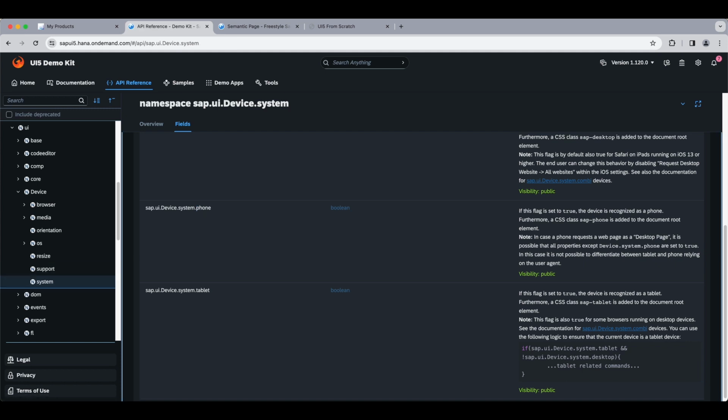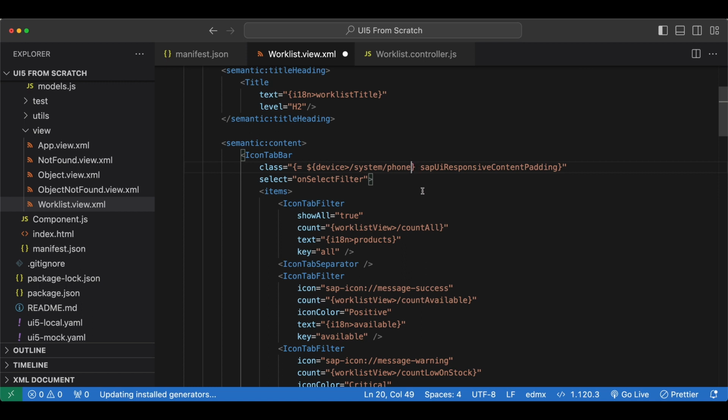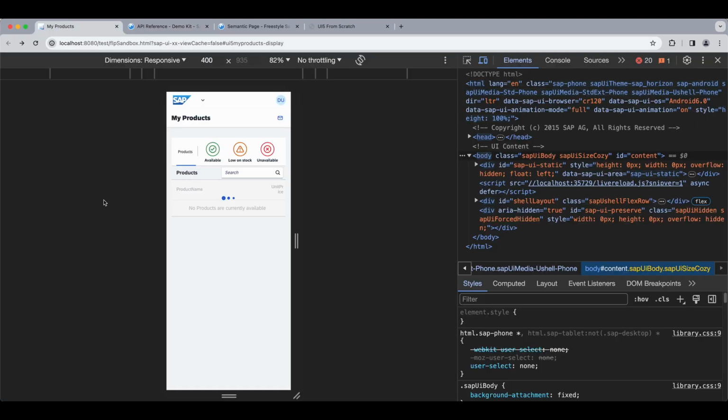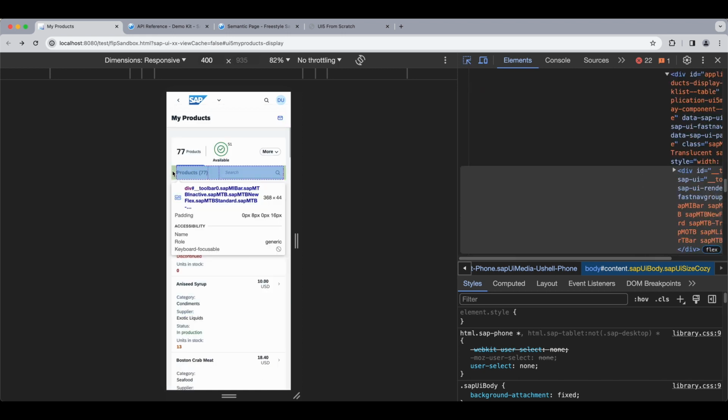Under system we have this phone flag, which is a boolean, and if this is truthy, we don't want any style classes, else we want this responsive content padding. Now let's save and check our app again. And if we check the styling now, we can see there is no extra padding for the content of our